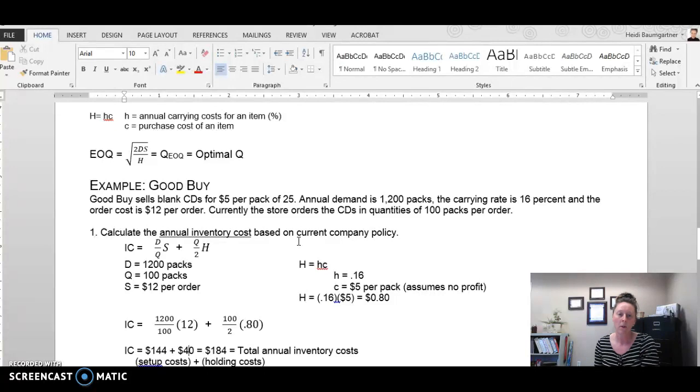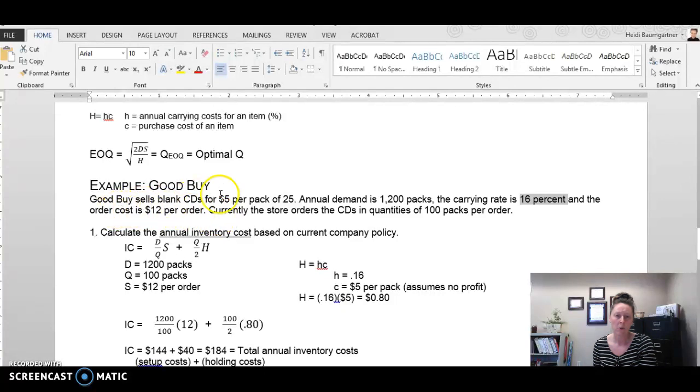So we are going to pull out our information where D is the annual demand of 1,200 packs, Q is the order quantity of 100 packs per order, S is the setup cost, or the order cost, of $12 per order. H, the holding cost, was not given to us, but the carrying rate as a percentage was, so little h is 16% or 0.16,